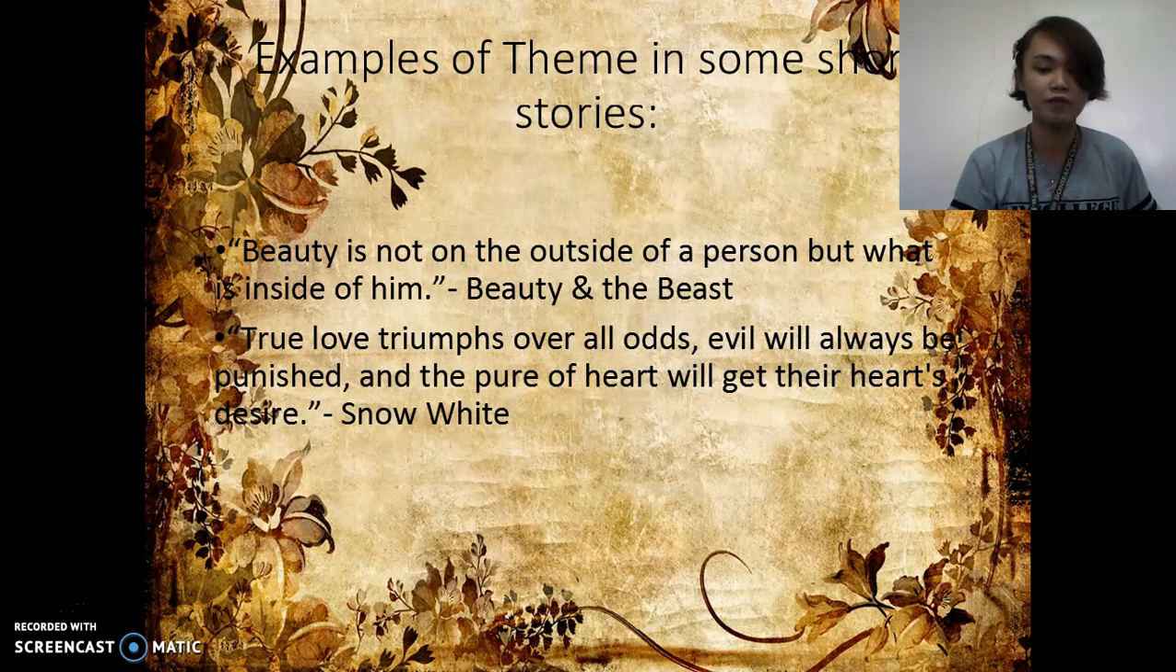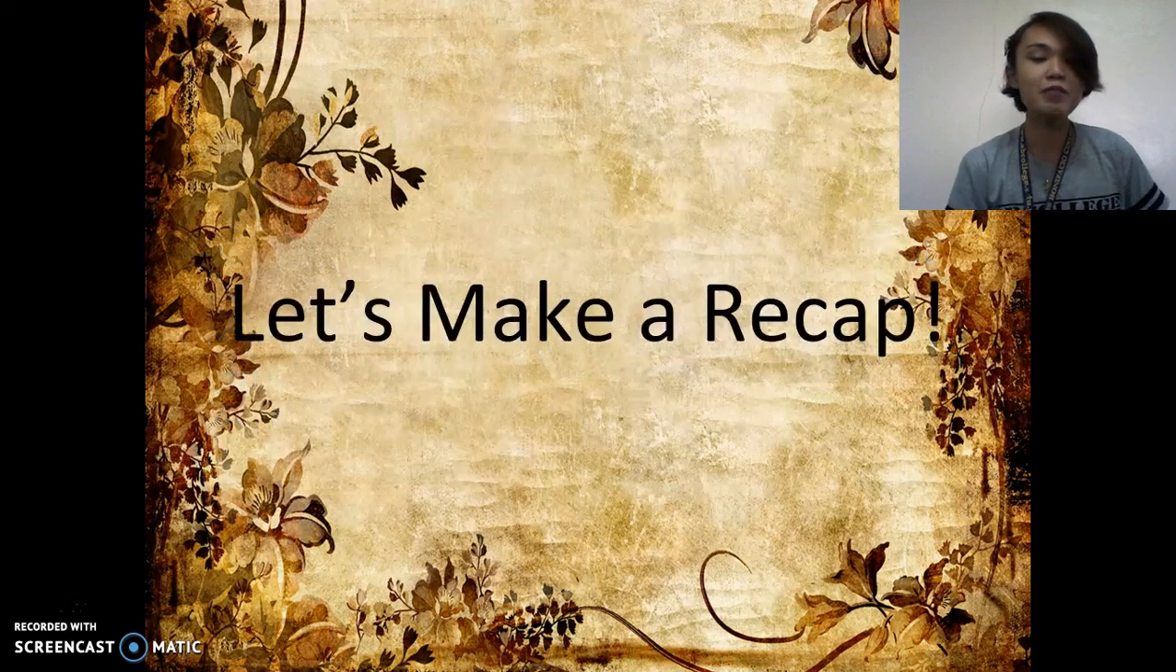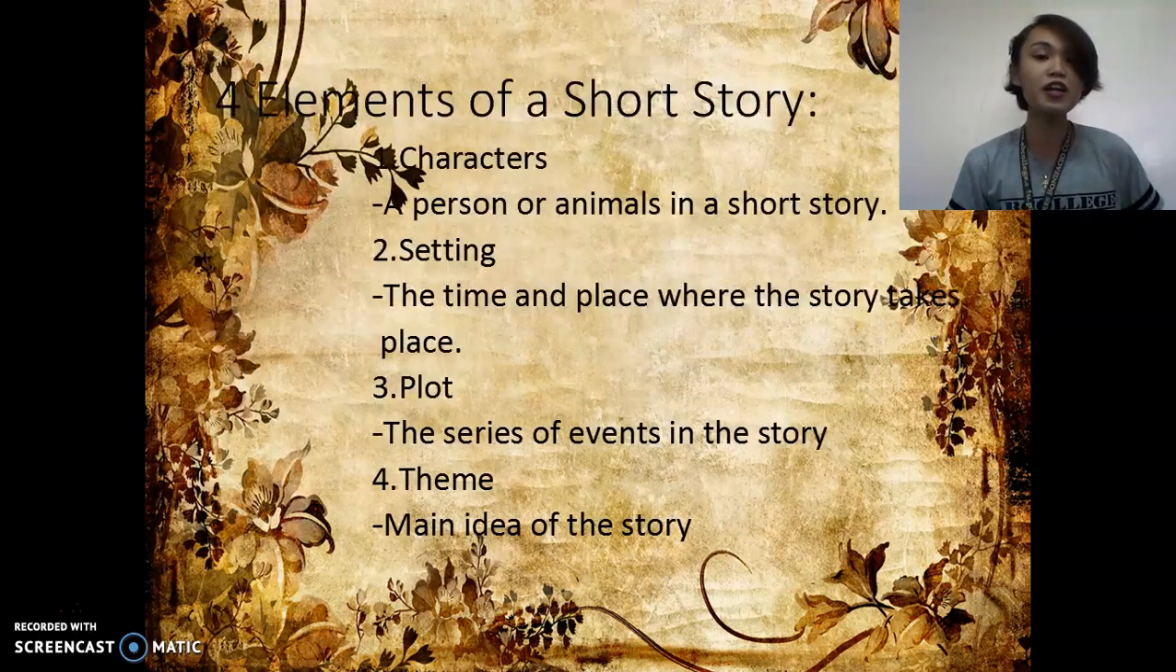Now, let us make a recap. There are four elements of a short story: characters, setting, plot, and theme. Character is a person or animal in a short story. There are two identifications of characters: protagonist and antagonist. Protagonists are the main or the lead character of a short story, like Cinderella, Belle and the Beast, Pinocchio, and many more,